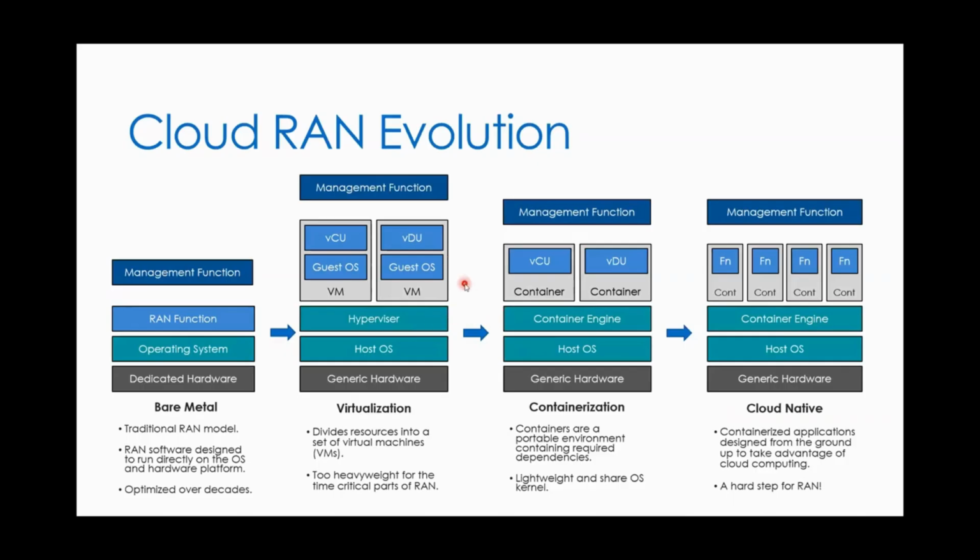So it kind of started with what I call RAN in a box, where we took the existing RAN functions, put them in a container, for example, and ran them that way, but didn't really disaggregate them in a way that's a true cloud model. But we're starting to see more of that shift now. And how particular companies do that is up to them. So that's proprietary secret sauce, how they take this monolithic RAN application and disaggregate that into a more microservices model. But this is the overall trend that's going on.